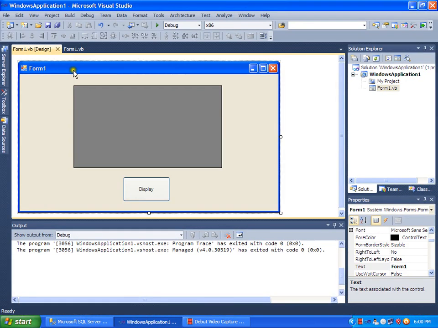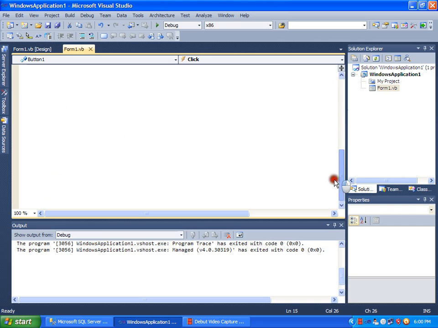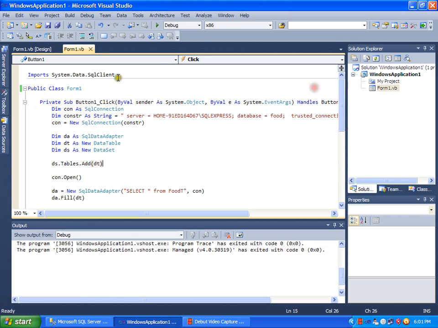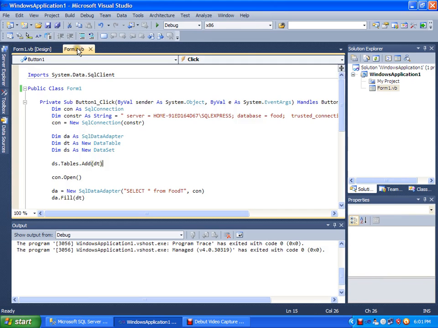I already created the program here to connect because I'm having some delay problems. But still, I'm going to explain every line of this code. As you can see here, I already created a data grid view and a button. I named the button Display because when we press this later, the table will show up here at the data grid view. Now for the codings.